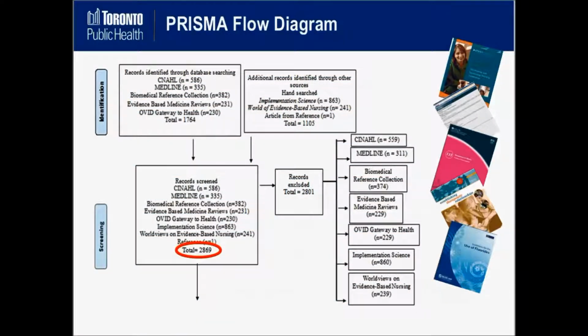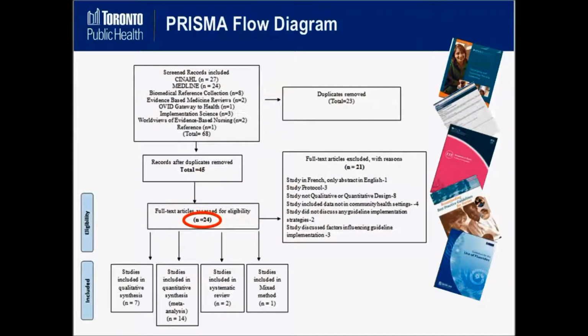So to ensure transparency and reproducibility of the steps, I drew a PRISMA flow diagram to capture the path of the search process. I screened over 2,500 studies. It's actually 2,869 from 5 databases from 2008 to 2015, and hand searched 2 journals from 2008 to 2015. Then, which is the next slide,